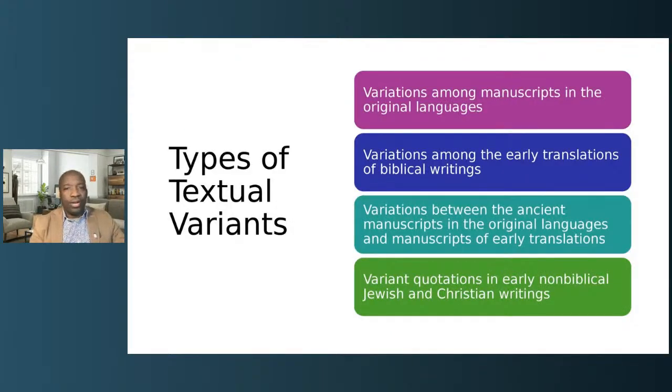Types of textual variants, variations among manuscripts in the original languages. Okay. Variations among the early translations of biblical writings. We're just going through those categories of textual variants. Variations between the ancient manuscripts in the original languages and manuscripts of early translations. And also variant quotations in early non biblical Jewish and Christian writings. As you can see, there are a number of variants as one does exegetical study